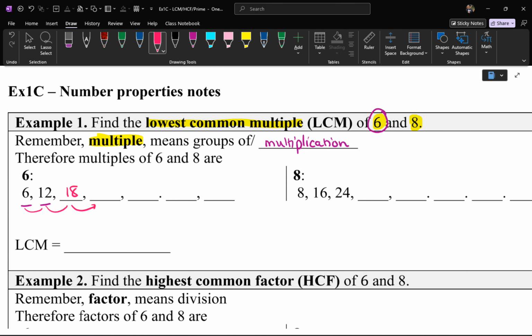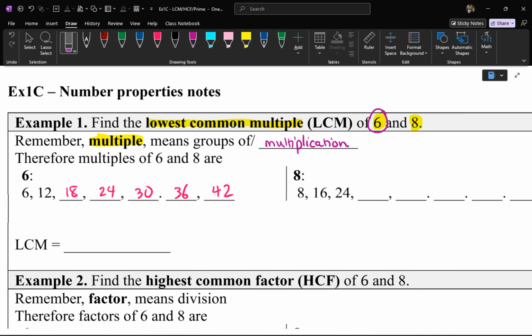Next number, 18 plus 6 gives you what, Charlotte? 24. Very good. Next number, let's go with Aqualia. 24 plus 6. 30. Very good. And then Nikki, 30 plus 6. 36. Very good. Next one, anyone else? Ollie. What's the next number? 42. Very good. So these are your 6 times tables, and you can keep going,